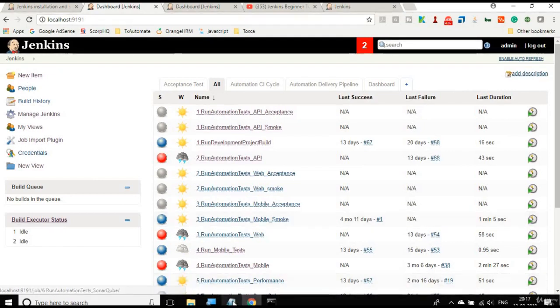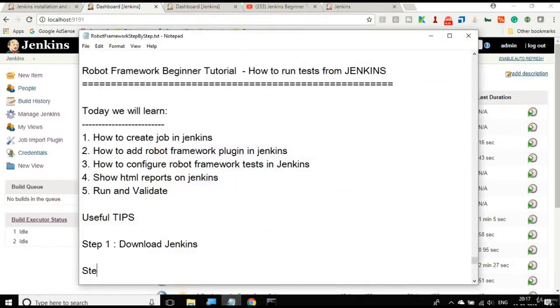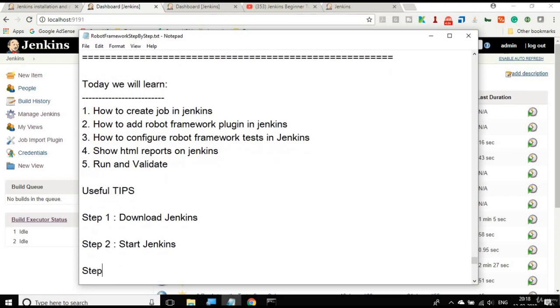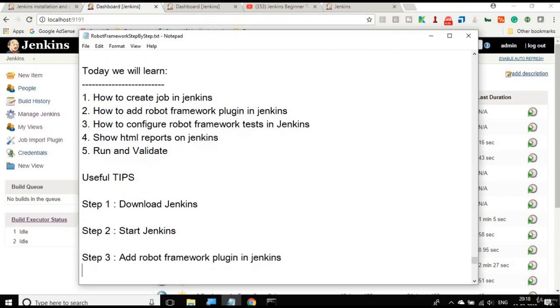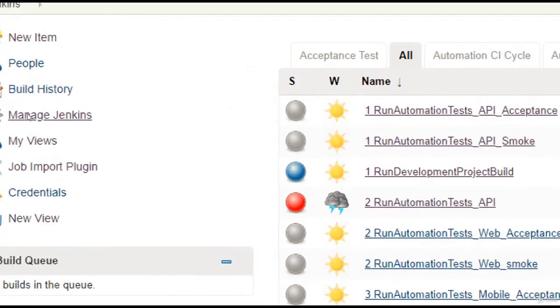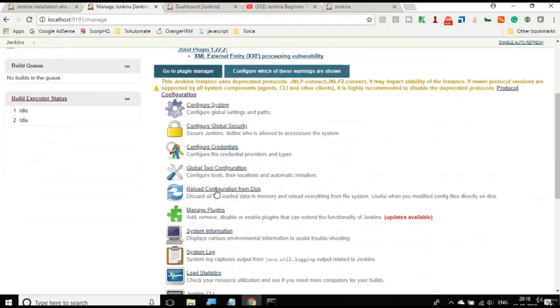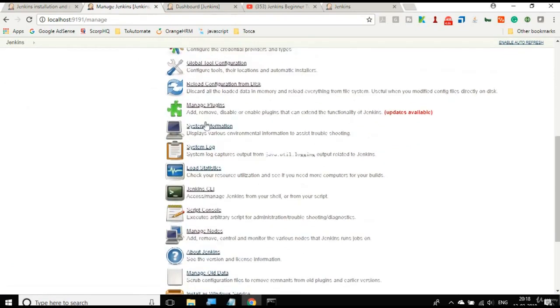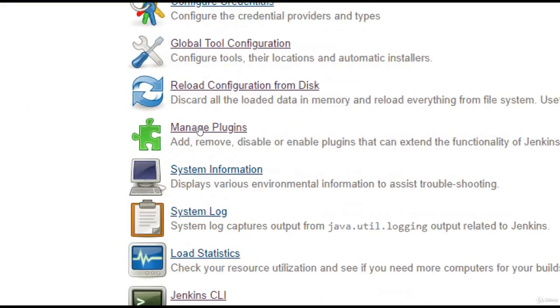Now here step number 2 is you have to start Jenkins, which we have already done, and step number 3 is you have to add the Robot Framework plugin in Jenkins. So for that, if you go to your Jenkins and go to Manage Jenkins, here you will find Manage Plugins. Click here,